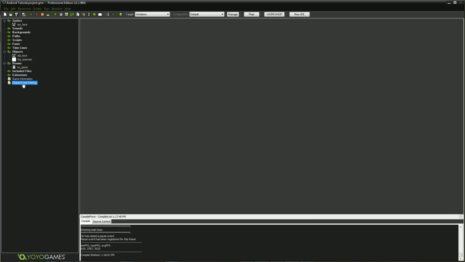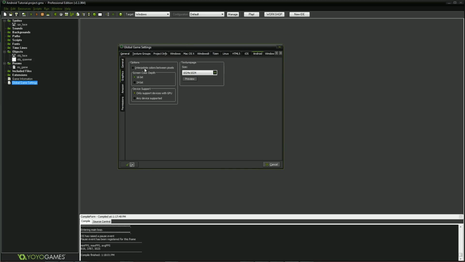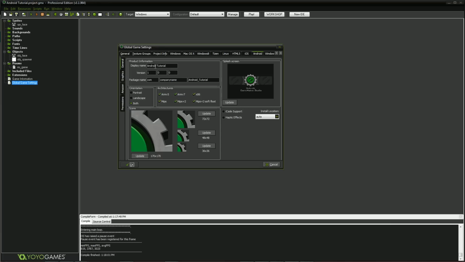Then you can go to your global game settings. You can go to Android. Make sure interpolate colors between pixels is off. That'll just make sure that your pixel art, if you have pixel art, is not blurry or anything. And then you can change the name, the version number,